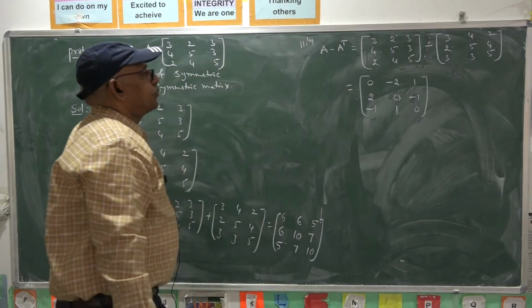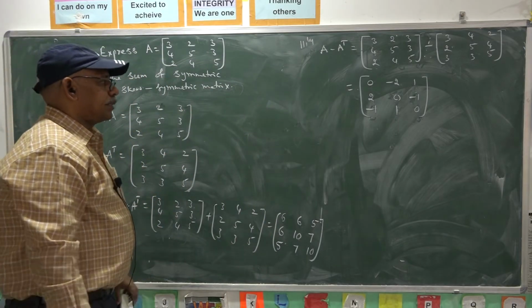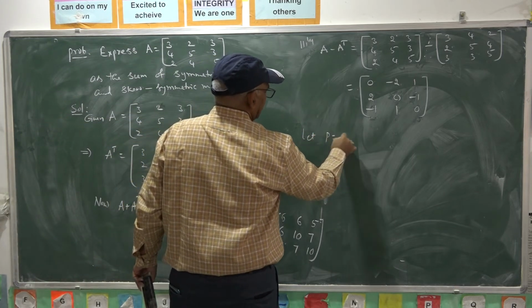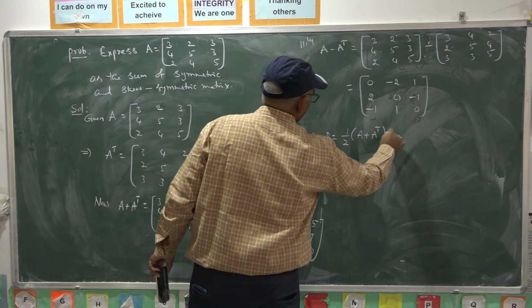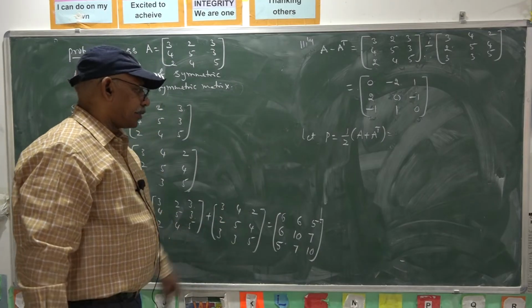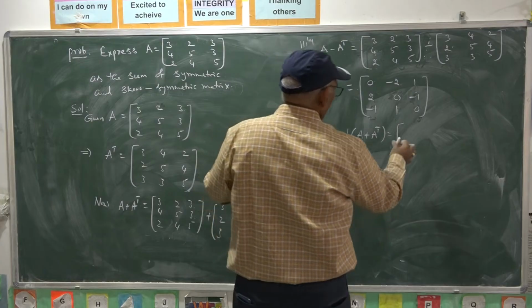4 minus 2, 5 minus 5, 3 minus 4, okay. This is A minus A transpose. Let P be 1 by 2 of A plus A transpose. That is 1 by 2 of